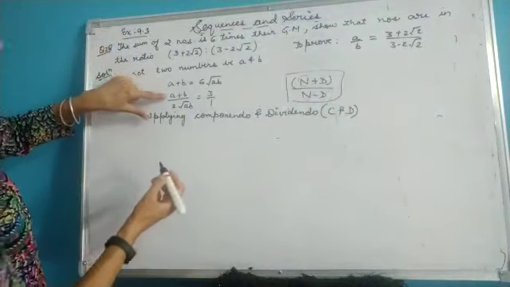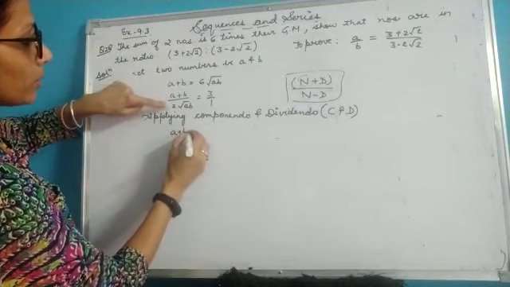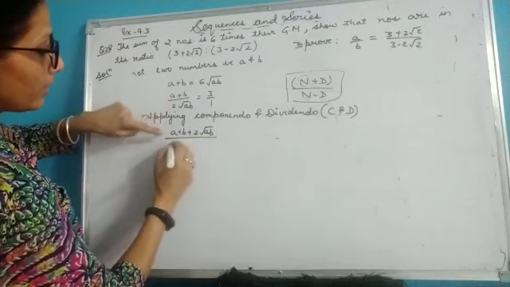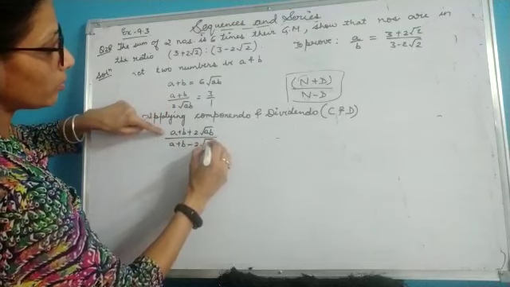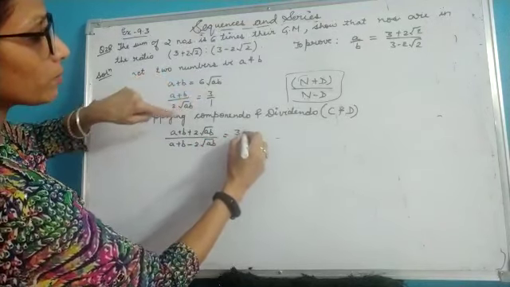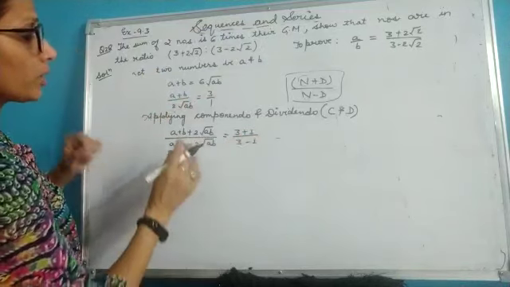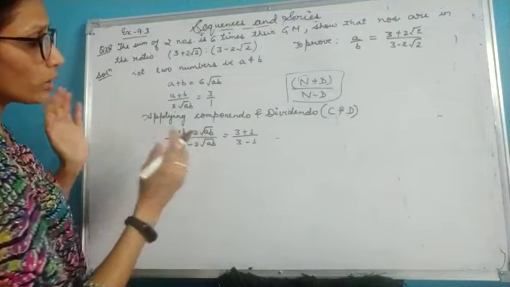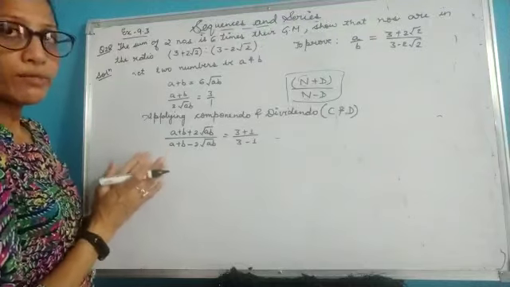So let's see what I can do when I am applying this C and D here. So it will be a plus b plus, I am adding denominator, and then again this is numerator minus denominator. Same thing here I will be applying. So this is numerator plus denominator, numerator minus denominator. Now you can see here this is a plus b plus 2 root ab, and I can make it a perfect square formula.